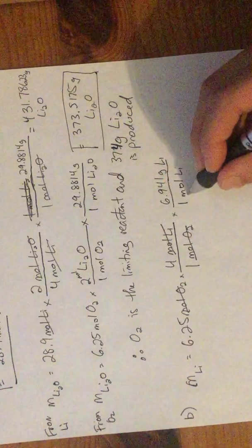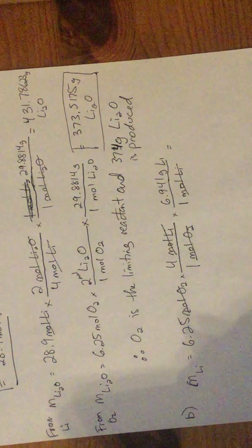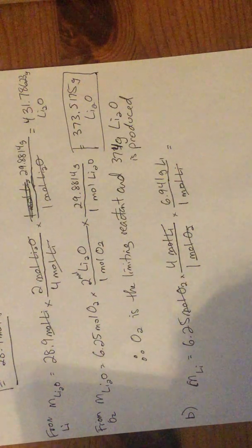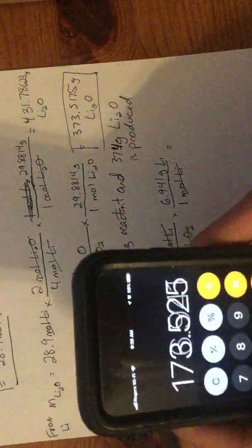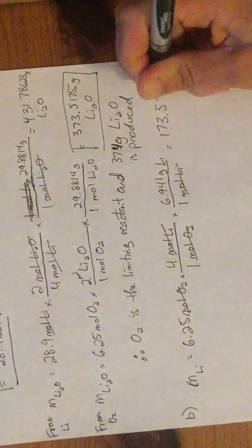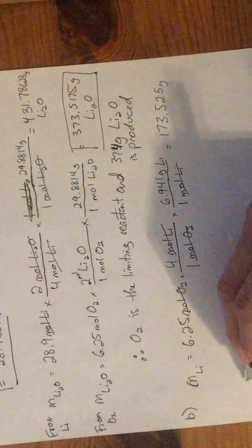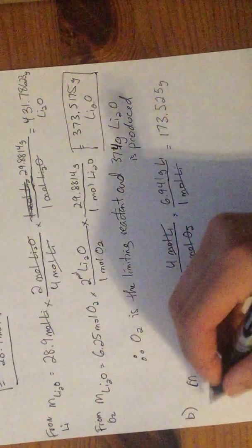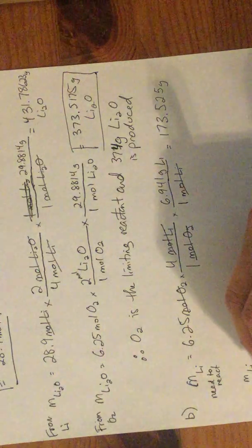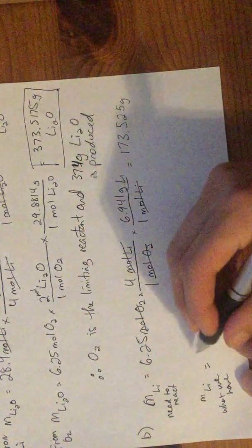Our units and our compounds cross out, and so that means that the mass of lithium that we actually need to react with oxygen will be 173. So the amount of the mass of lithium that we actually have, okay, so the amount of lithium we actually have is, we've got